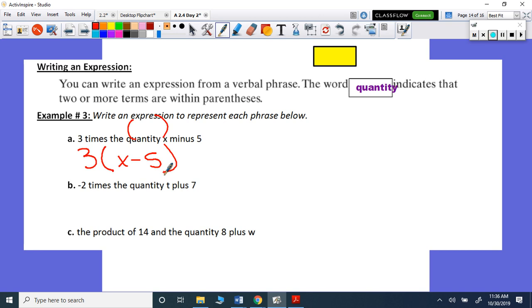And then this is what we did the very first few days of school. -2 times the quantity of t plus 7 is that. You have several of these tonight. Does product mean multiplication again? Yeah. So the product of 14 and the quantity of 8 plus w, that's the same thing as saying 14 times the quantity. So the homework